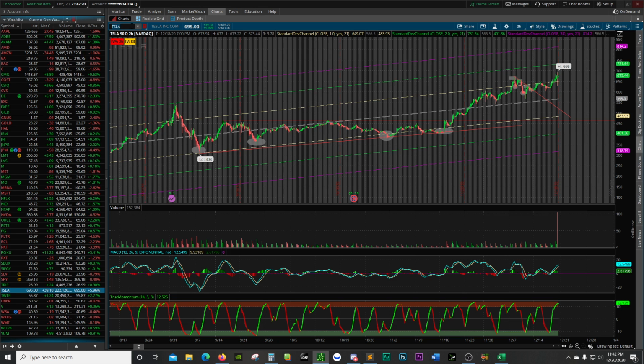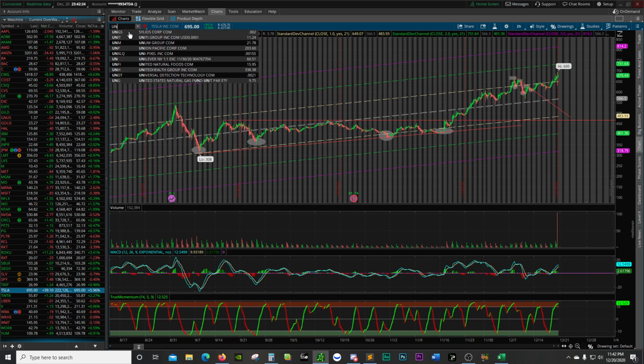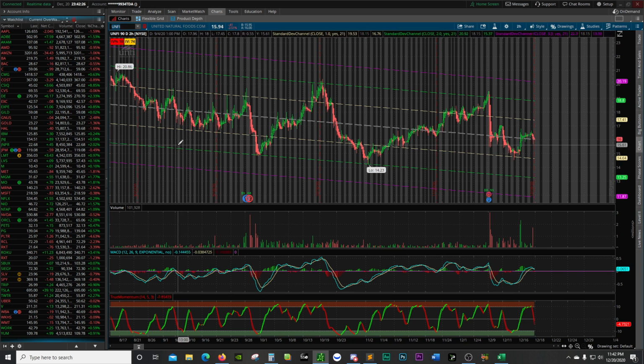The first one I tried was UNFI. It dipped because of earnings, and there was a really strong support at the 14-15 level, so I decided to swing it. I saw that the support was strong, so that's why I decided to play that. What do you think?